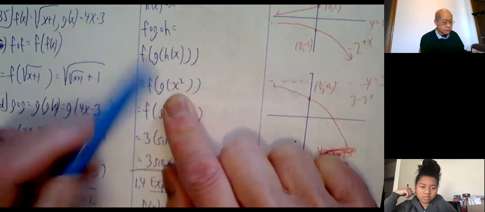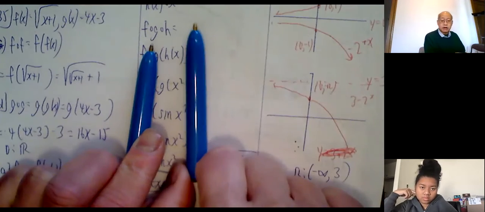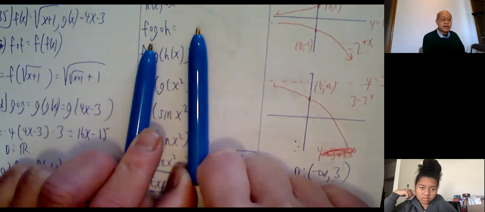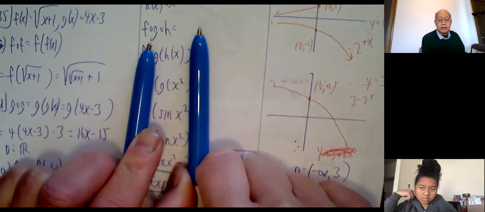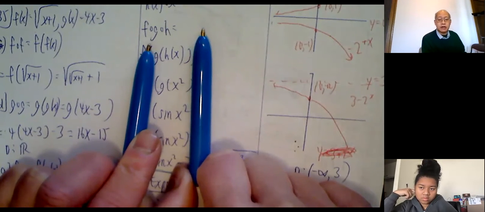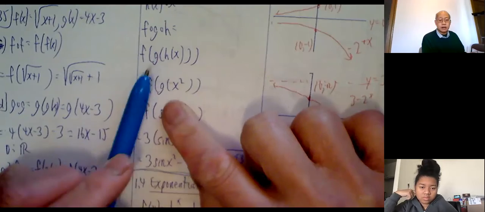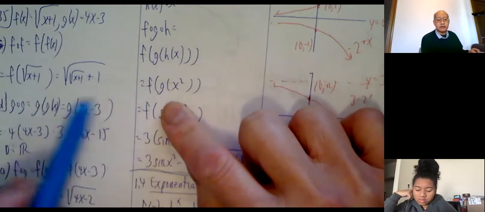G of x squared. Then don't even look at this, right? Forget the f stuff. I'm getting too dizzy looking at all the parentheses and all that. I do get dizzy too. Don't even look at it. Just say g of x squared. Say, okay, that's just sort of like the stuff I did over here. G of x squared. So what is g